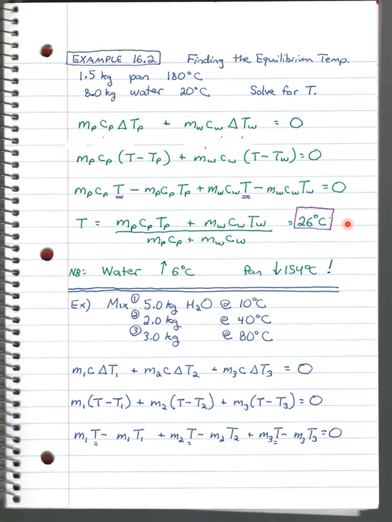Let's say we're mixing 5 kilograms. This is all water, so 5 kilograms at 10 degrees Celsius, 2 kilograms at 40 degrees Celsius, and 3 kilograms at 80 degrees Celsius. They will all come to an equilibrium temperature. We pour the cold water, the warm water, and the hot water together. What's the final temperature going to be? Well, let's go through